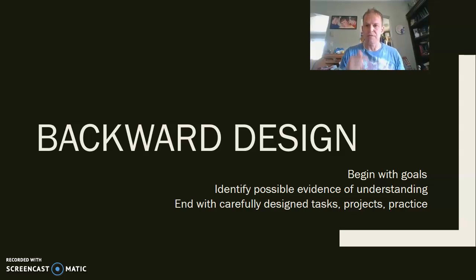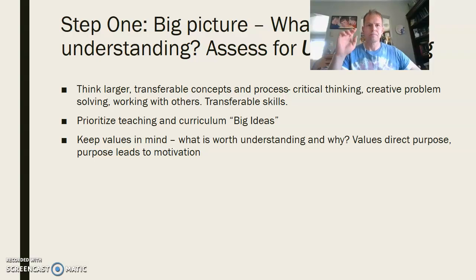That may come from student outcomes, so that you are carefully disseminating what the values and goals are of the outcomes. Then you look for ways to assess this understanding, look for the evidence of understanding, and finally you carefully design your student activities,